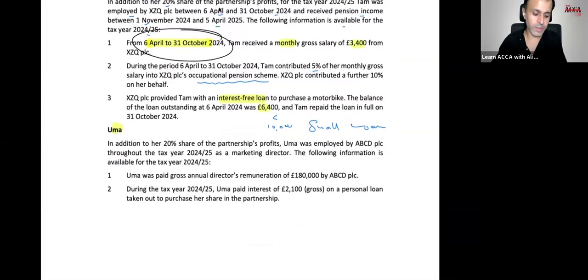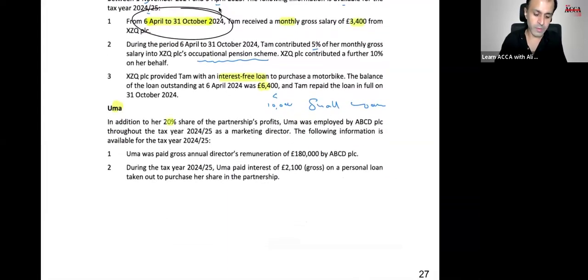Last one is for Uma. In addition to a 20% share of profit, this person was also employed throughout as a marketing director. The following info is available. Paid a gross salary of 180,000. During the year, Uma paid interest of 2,100 on a personal loan taken out to purchase her shares in a